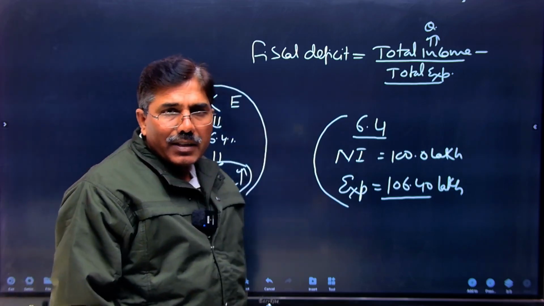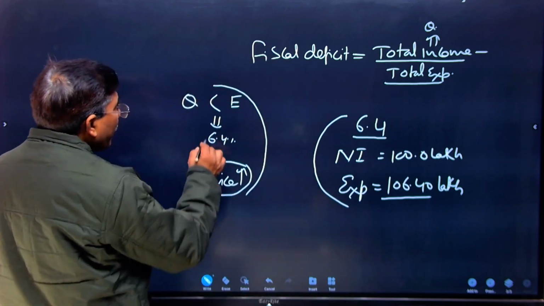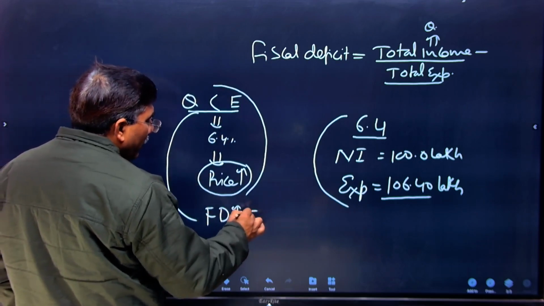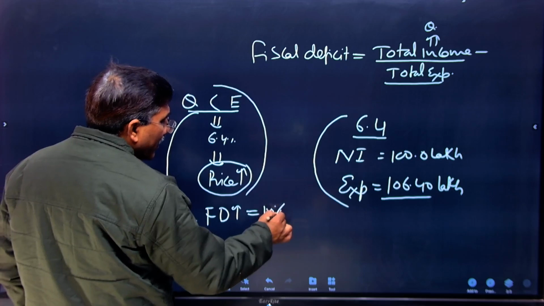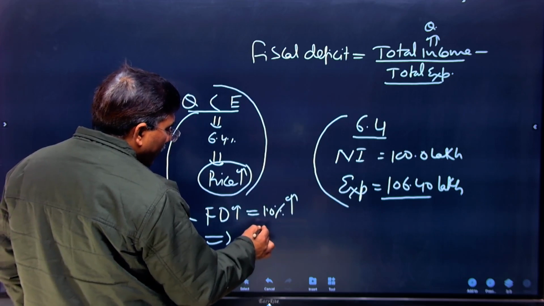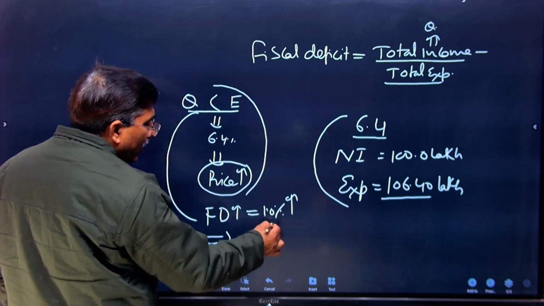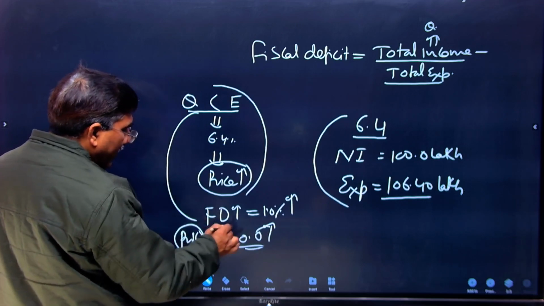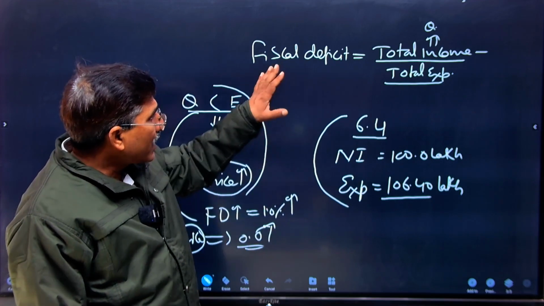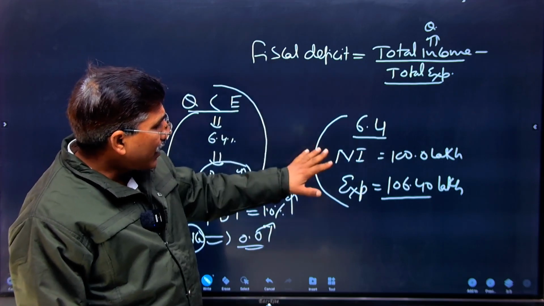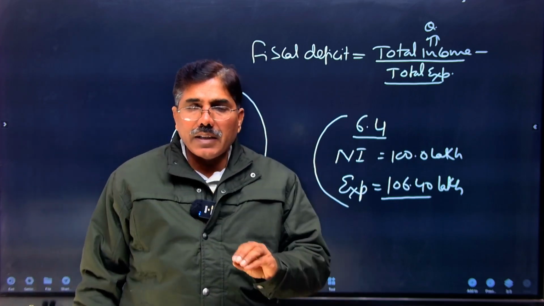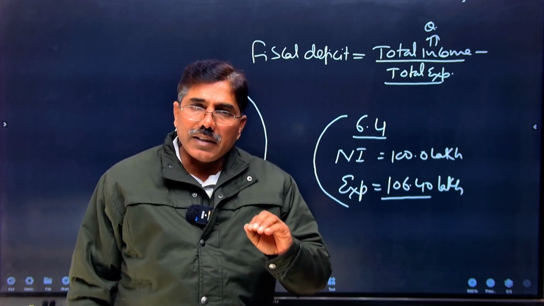According to some empirical studies of the Indian economy, if our fiscal deficit increases by 1%, then the inflation rate increases by about 0.6%. So 0.6% will be the price rise because of this kind of fiscal deficit in our economy. One point is clear: what the fiscal deficit is and how an increasing fiscal deficit increases the general price level in our economy.